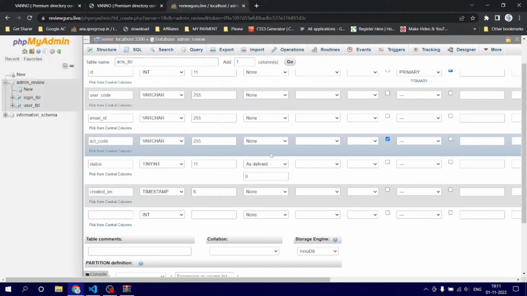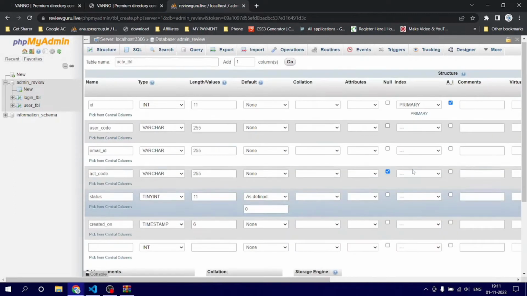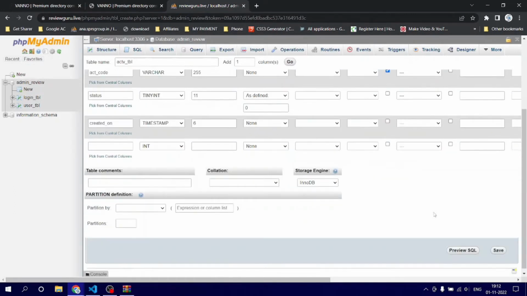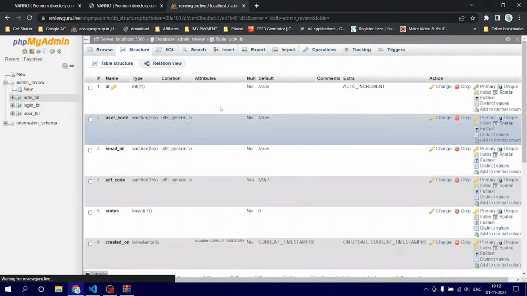This is our logic. In this part we are going to make a created on over here, so it should be null, and nothing else we need. Okay, done. So we have made the activation table over here. So now what we need,